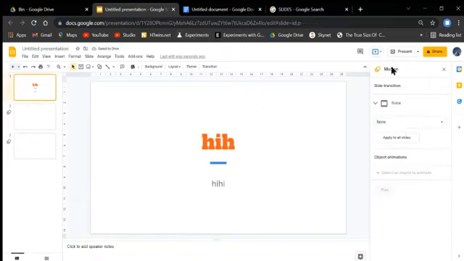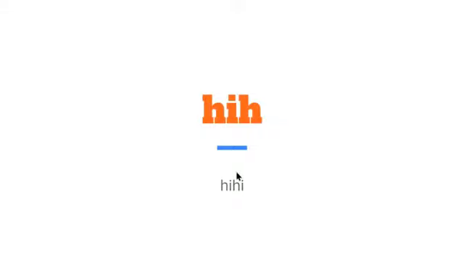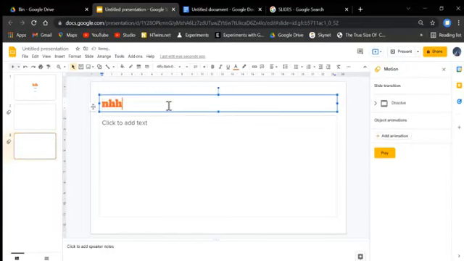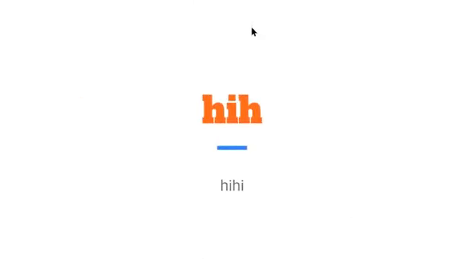And when I click present, yeah, it would be like that, and actually the dissolve transition doesn't really work, so I'm going to add some text right here. So yeah, let's see that again. Present. Okay.